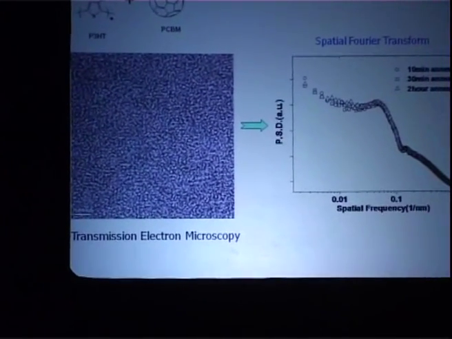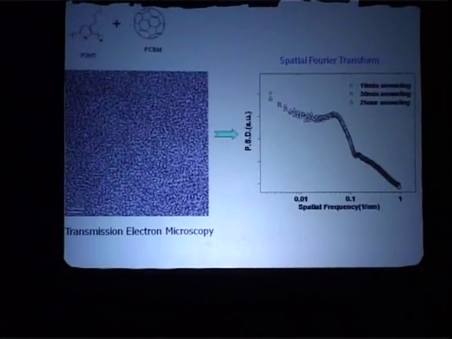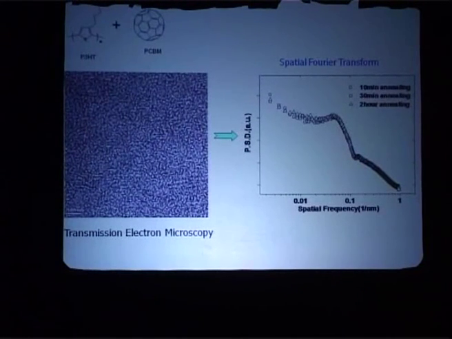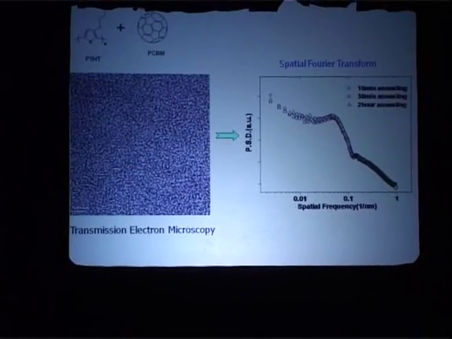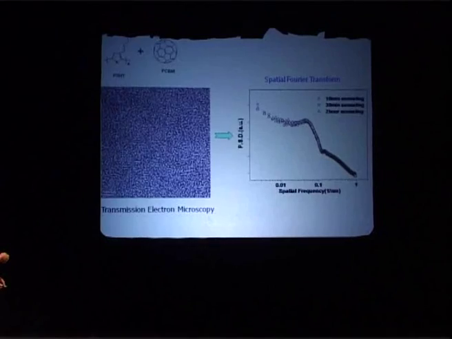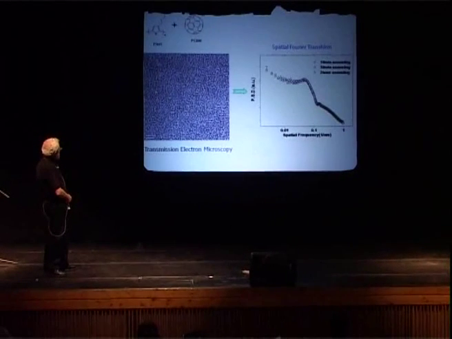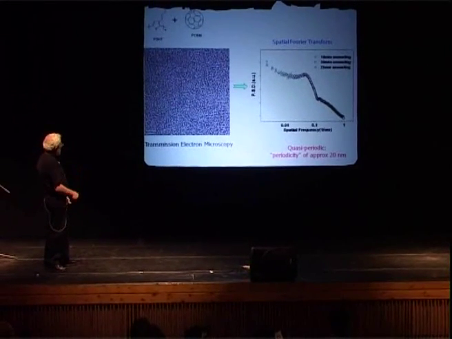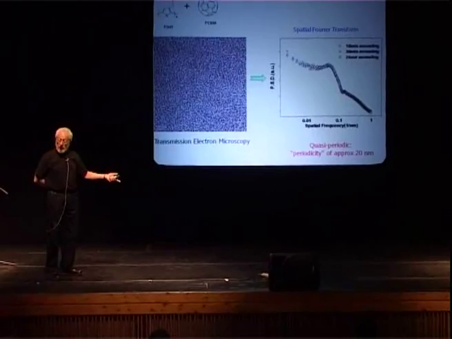So let's look at this a bit. So here's the same image that I showed you before. You look at this and you sort of immediately see a quasi-periodic structure. In any direction, the length scale between light and dark looks to be about the same. So if one does a Fourier transform of that, you see a peak here. The peak is at one over the characteristic length scale, and the characteristic length scale here is about 20 nanometers. As I said earlier, it looks like you can see connectivity. So that's the right length scale, because that means